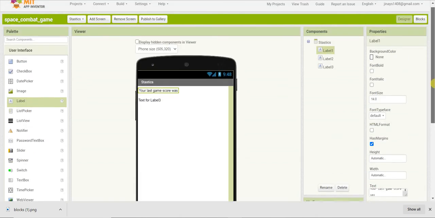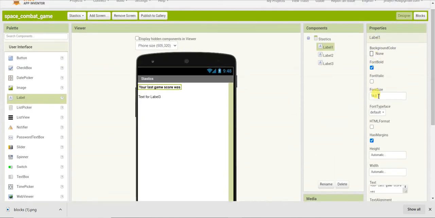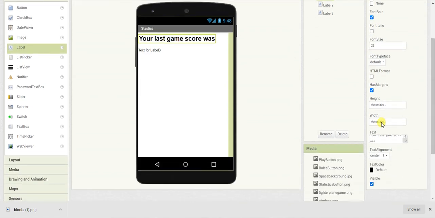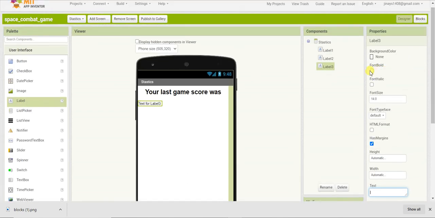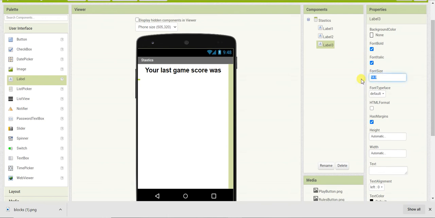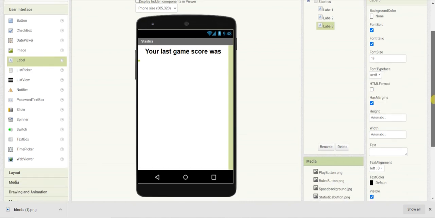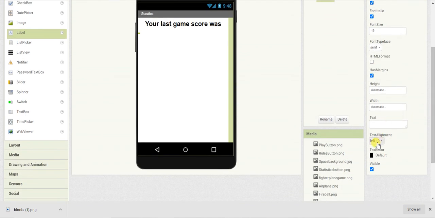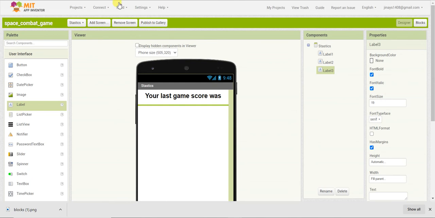Text alignment will be center, then it is going to be bold, font size around 25, and the width is fill parent. For label 3, I'll give the text as none, meaning we will not add any text here. Font will be bold, italic, and font size 19. Font typeface will be serif, text alignment center and width fill parent. So we have designed the screen as well.